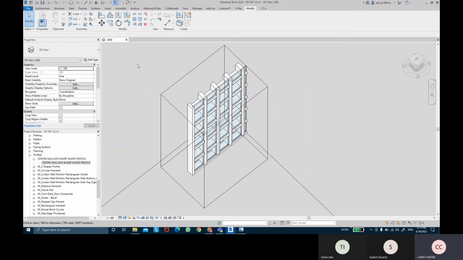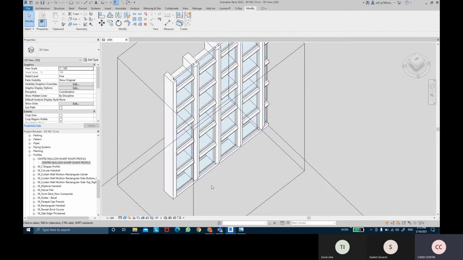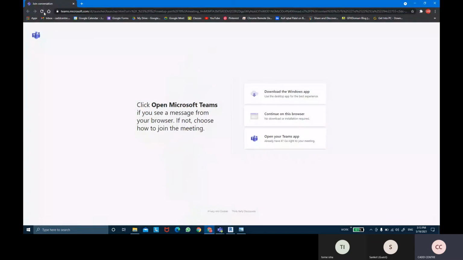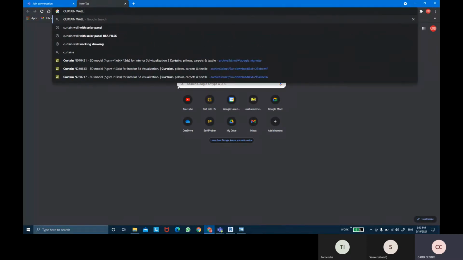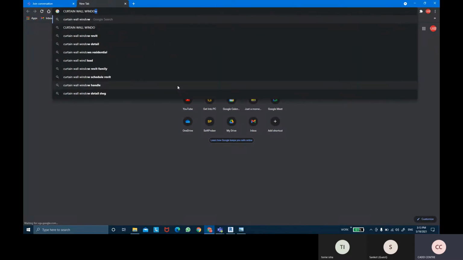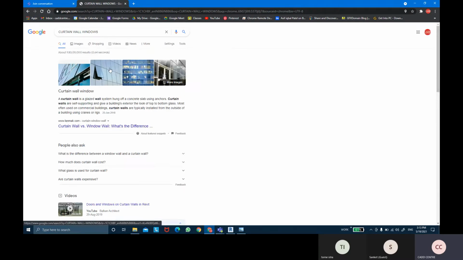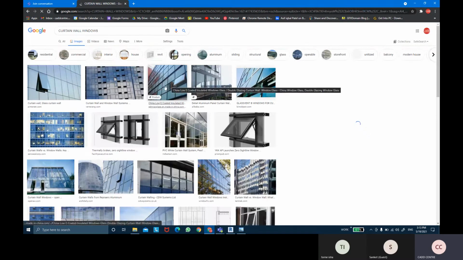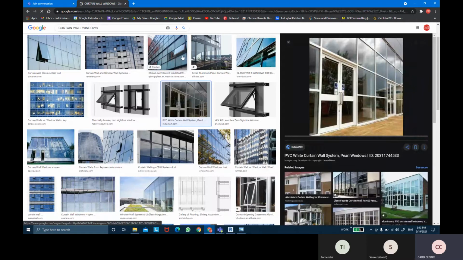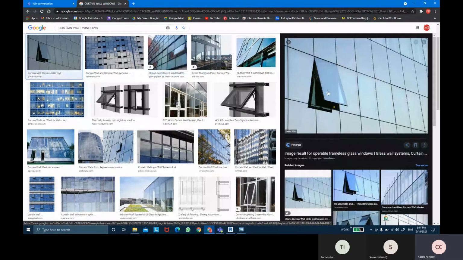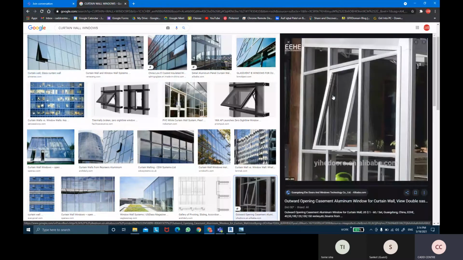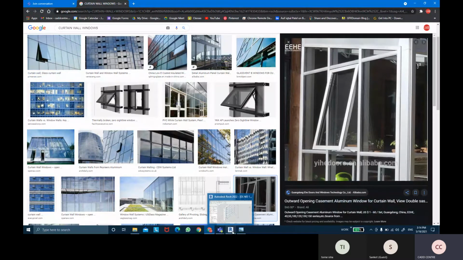For example, if I want to insert a window, a wing window, these kinds of windows in the curtain walls, being vertical openings. Something like that. So how do we add them?